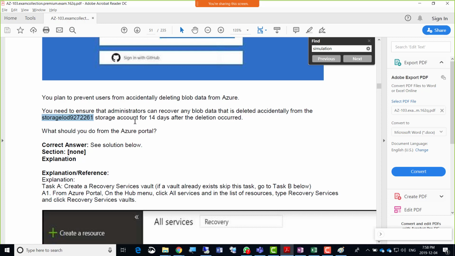Okay, so the account. So when they say that the 9272261 storage account will recover accidentally deleted data for 14 days after the deletion, so definitely I read it and understood it wrong. You need to ensure that administrators can recover any blob data that is deleted accidentally from the storage